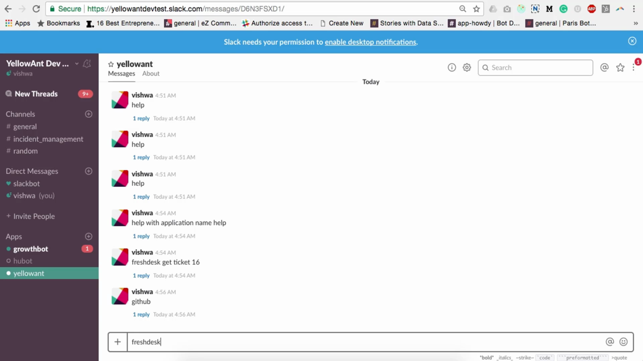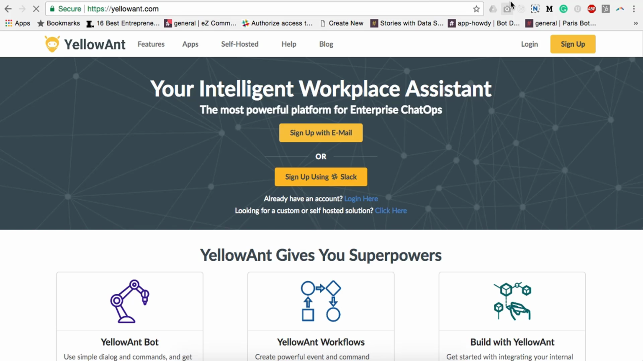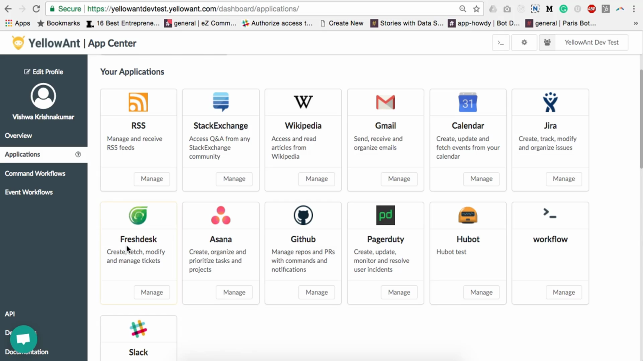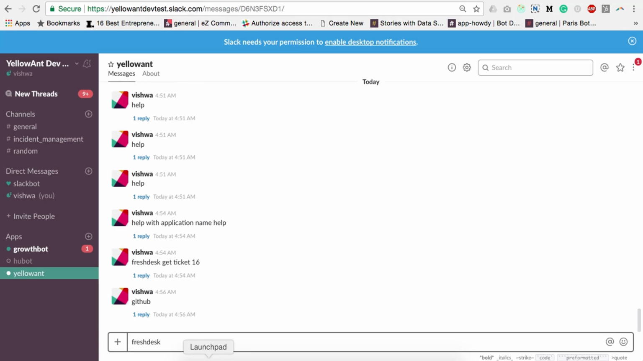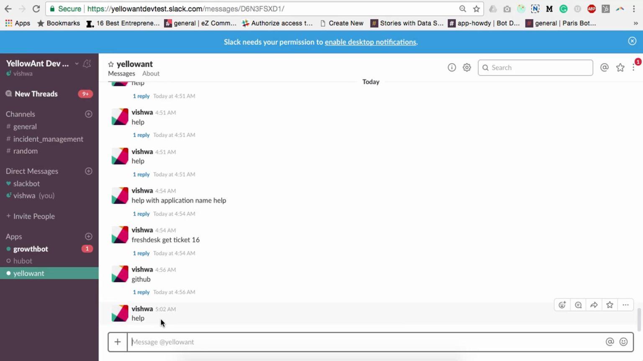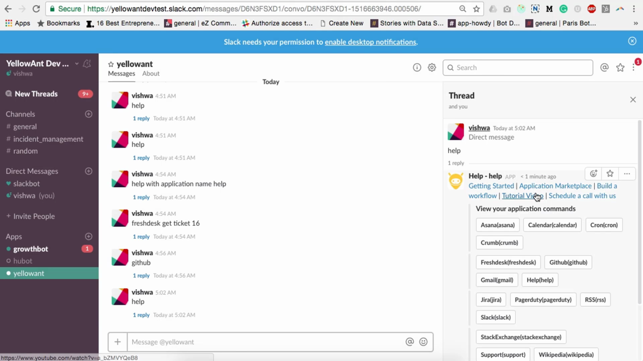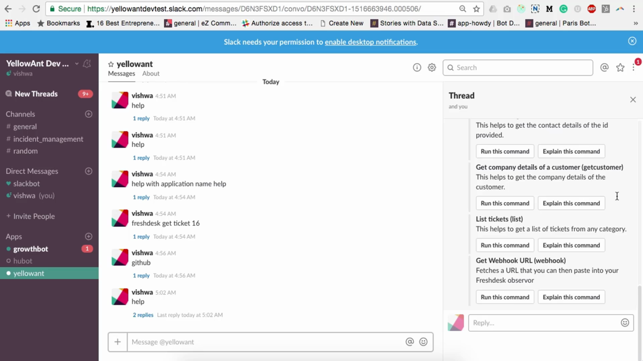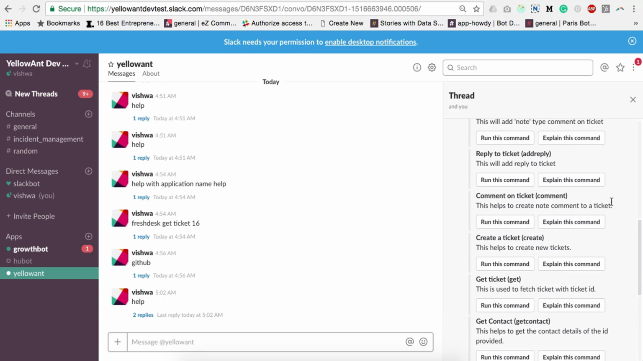Let's maybe check out a few commands for an application. I have already integrated an application on my YellowAnt account, that is Freshdesk, which is a CRM application. Once you integrate an application, the way you command it is you can just say help, and then it lists all the applications that you have integrated with YellowAnt. So in this case, if I want to shoot a command on my Freshdesk account, just click on Freshdesk, and maybe